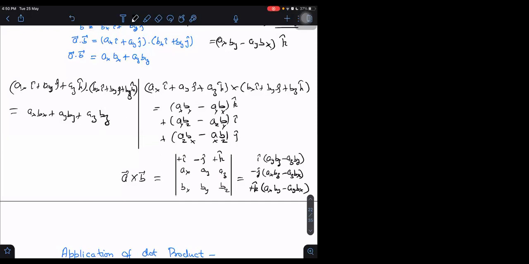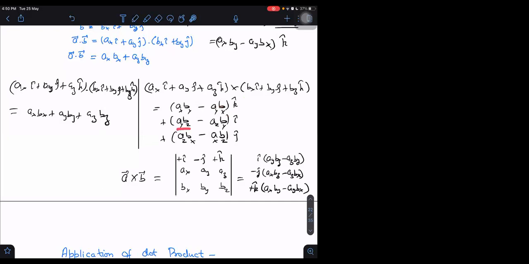So either you learn this direct method only, without having to write in this determinant form, then you have to learn alphabetic order. See, alphabetic order, what does it mean? It is easy to remember by xy, it is z cap. K cap is nothing but like z cap, because it is pointing along the positive z axis, right or not? So you can remember this way also, xy z, but it is coming opposite. It is not xy, it is coming yx, so therefore minus sign.